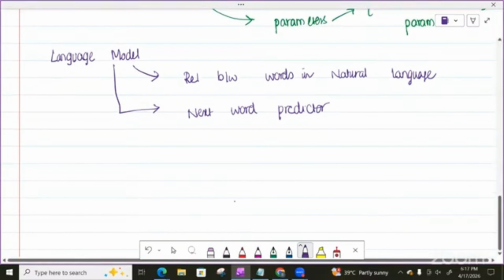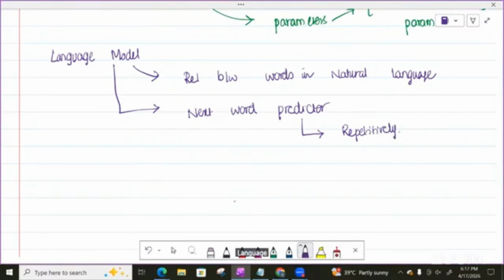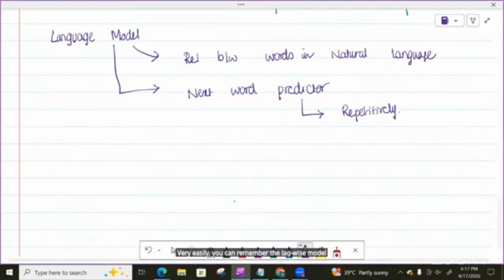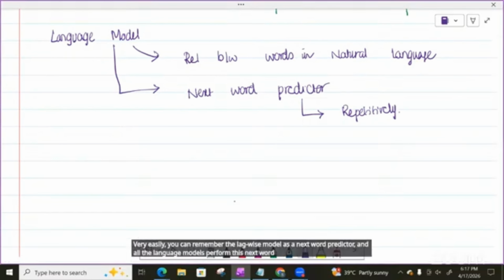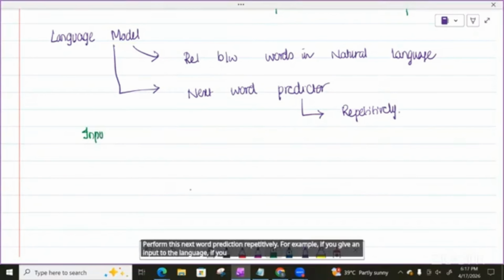Language models repetitively perform this operation of next word prediction. Very easily you can remember the language model as a next word predictor, and all language models perform this next word prediction repetitively. For example, if you give an input to the language model as